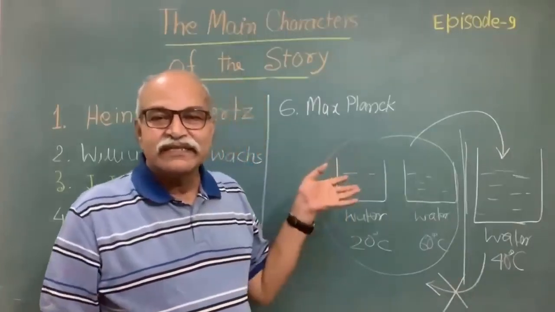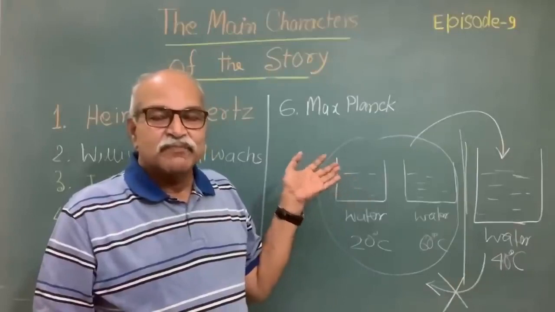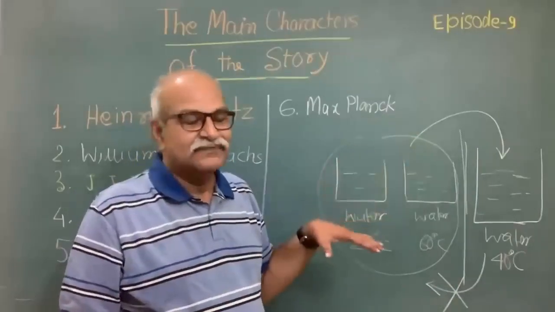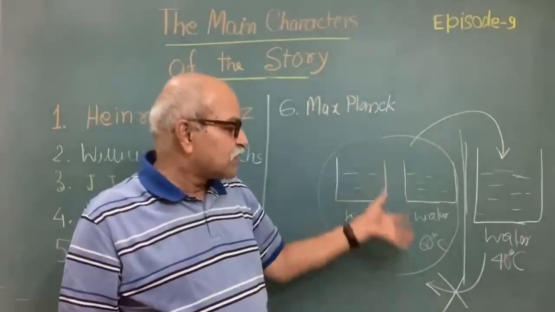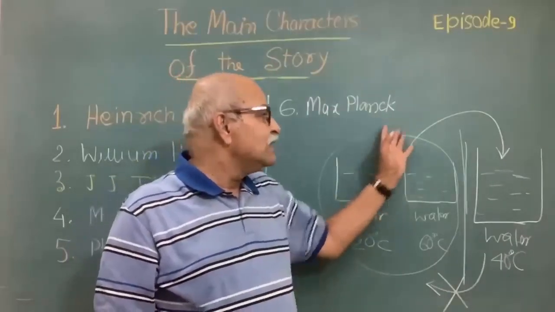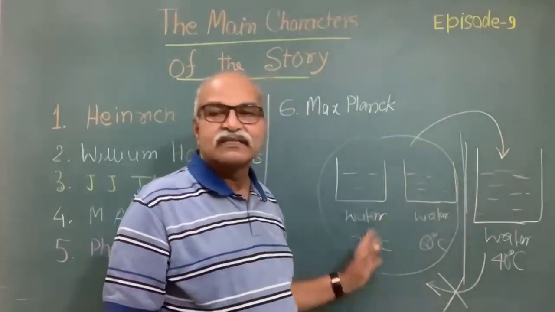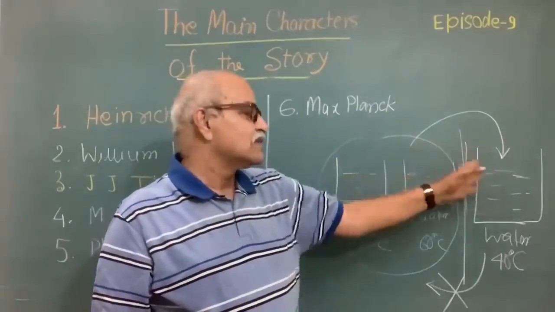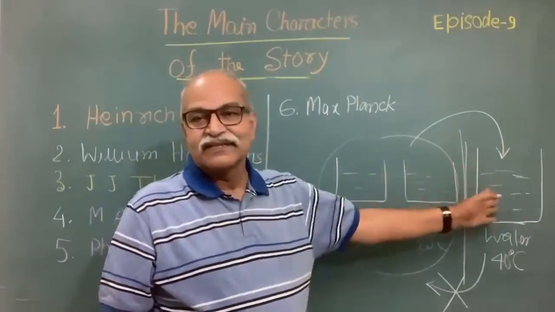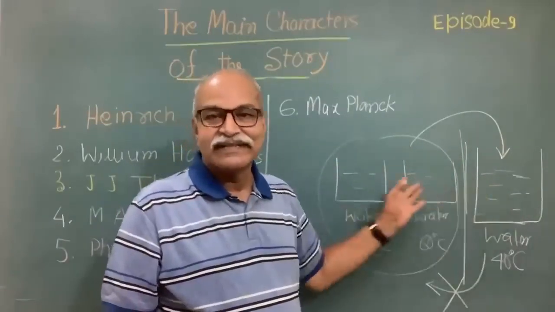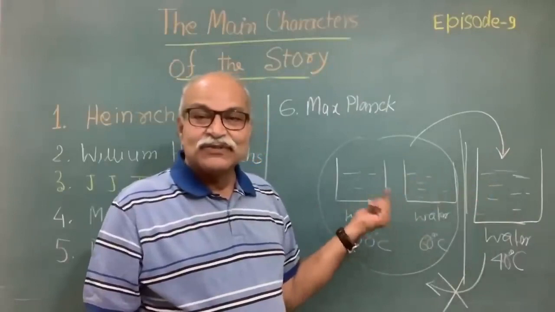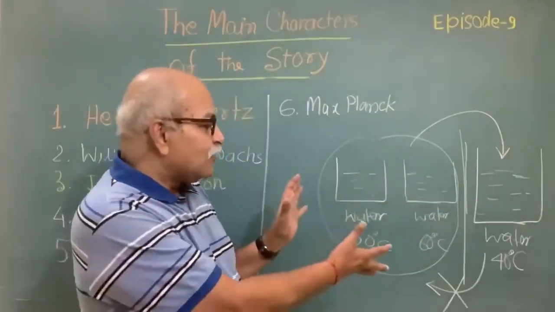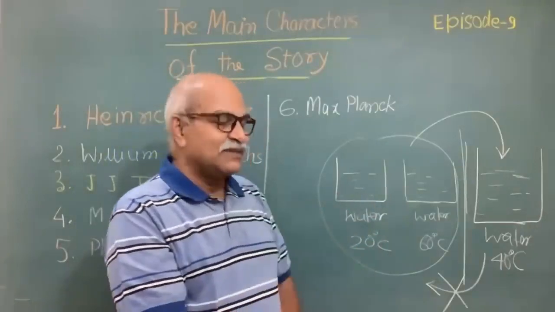So most of the time, there are processes, of course there are some processes which can be reversed, fine. But there are a number of processes which can move only in one direction. The reverse is not possible, even if the energy in these two configurations, these two situations, is the same. So this is the area of the second law of thermodynamics.